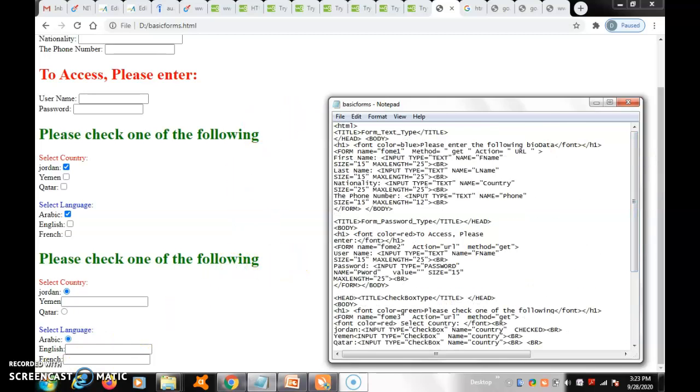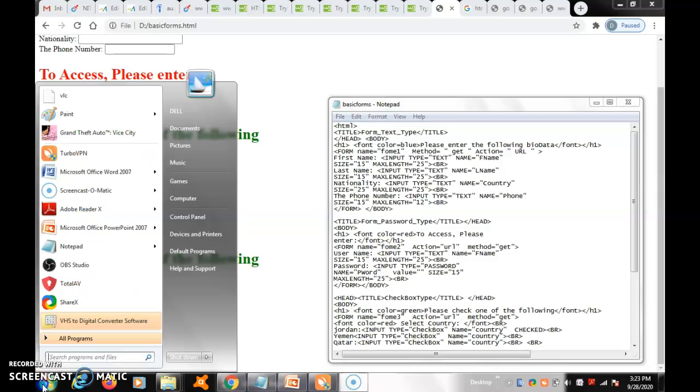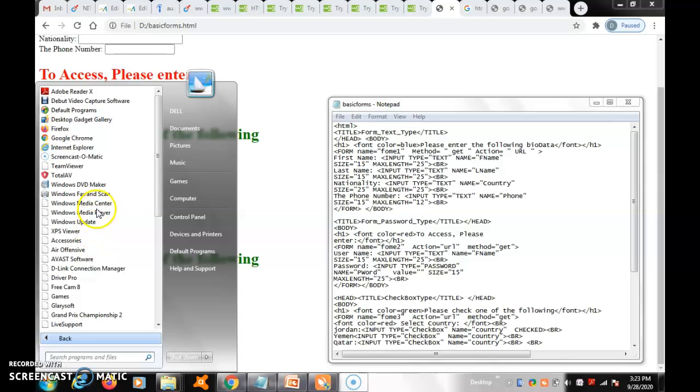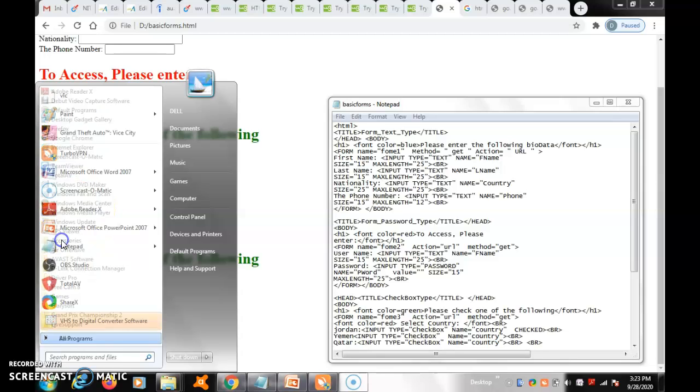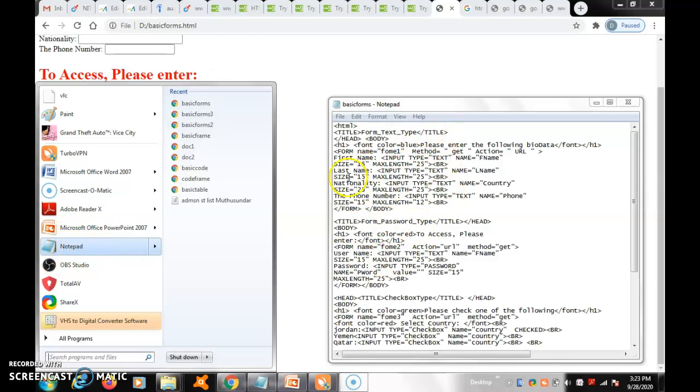How to select Notepad, you don't know. Every exercise I keep on telling: select Start, Windows, then select All Programs, then select Accessories. In that, you have to select Notepad. Once you select it, you will get an empty Notepad. Once you have an empty Notepad, you copy and paste whatever